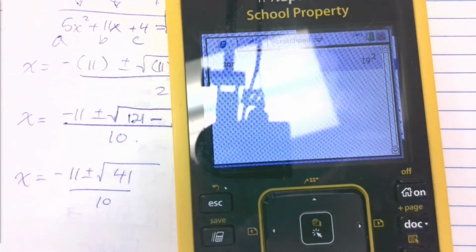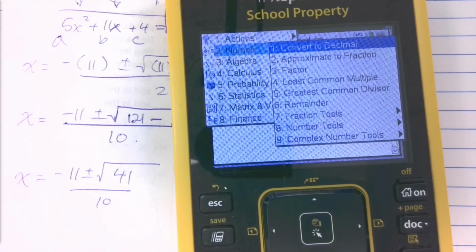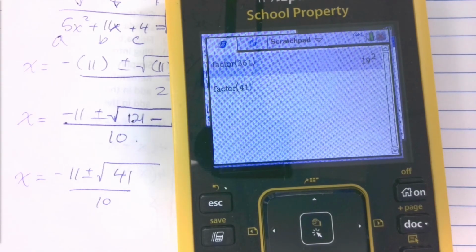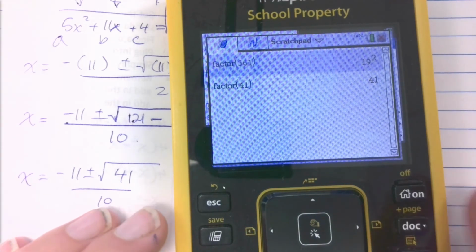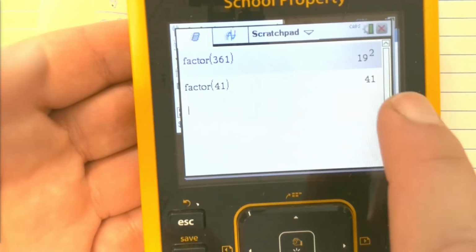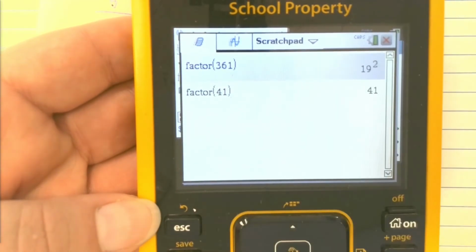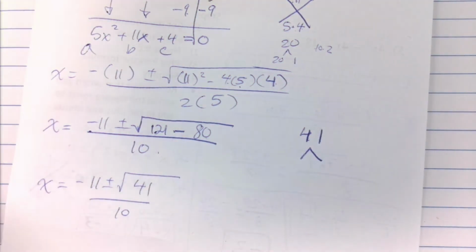So menu 2, 3, menu 2, 3. When I put in 41, can you guys see how 41 doesn't have any factors? Okay, so this is really useful when we needed to factor